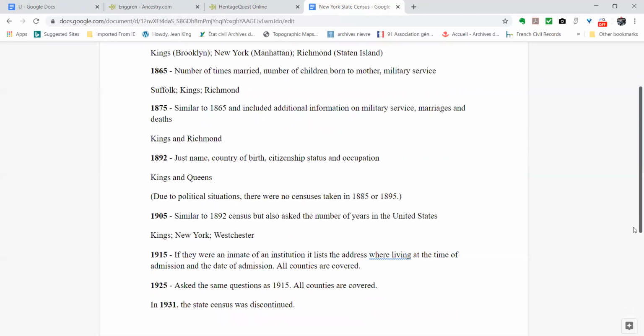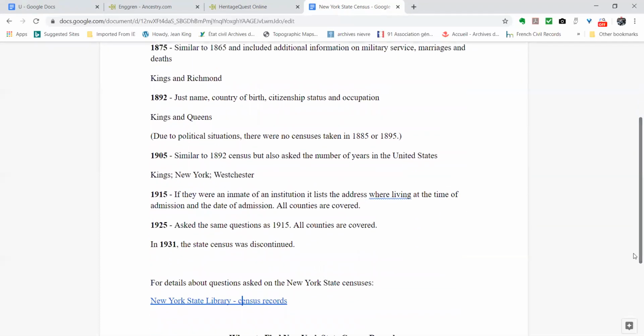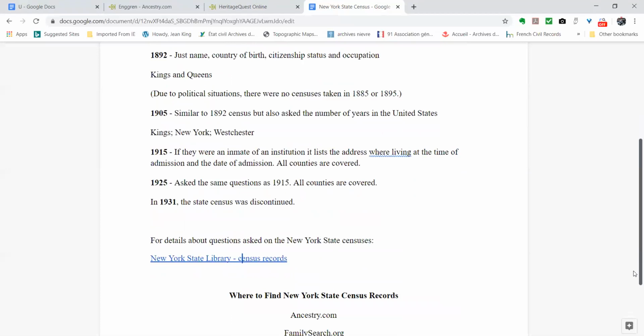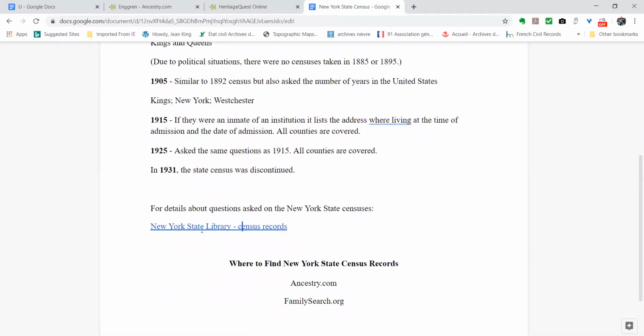And in the last two, 1915 and 1925, these census records are available for all the counties. And then the state decided in 1931 to discontinue with it. So originally they were taking it on the fives every 10 years, but then they just decided to do away with it. And this link to the New York State Library